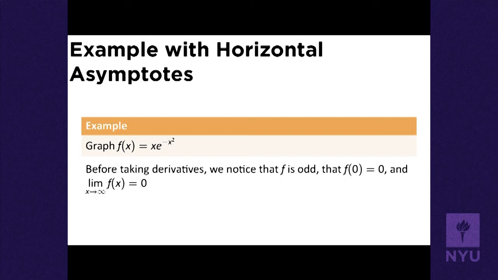Why is it true that the limit as x goes to positive infinity of f(x) is 0? Well, x times e to the minus x squared, you think about that as x divided by e to the x squared. And polynomial functions